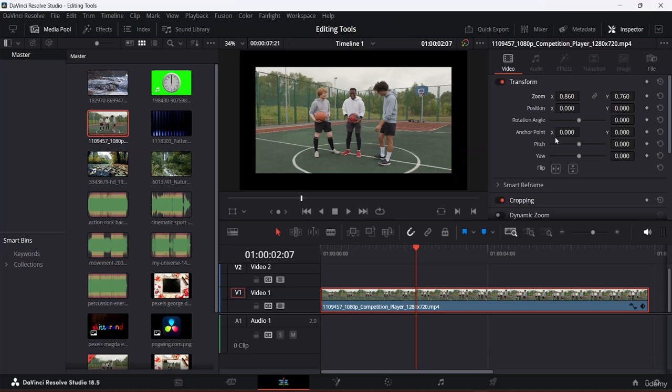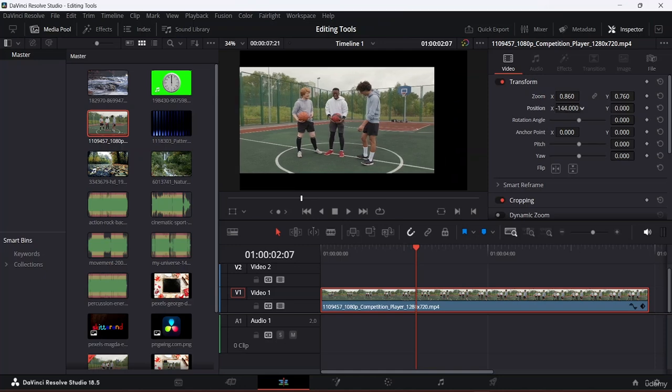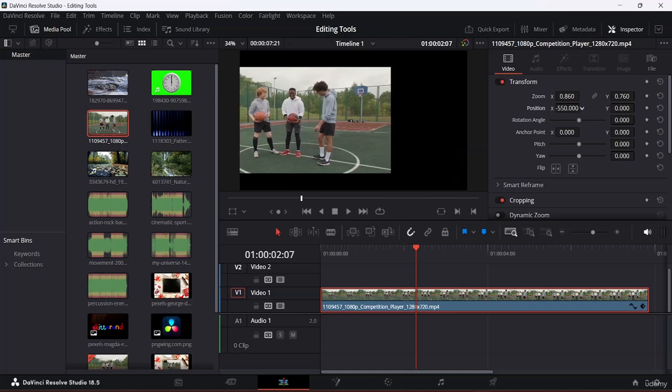Okay, and once you're done, what you guys can also do is you guys can position the frame accordingly. Okay, so you guys can come here and you guys can basically change the proportion the way you like. Okay, so let's say I want to change the x-axis, the position of the x-axis over here. So what I can do is I can come here, I can just place it over here to the left